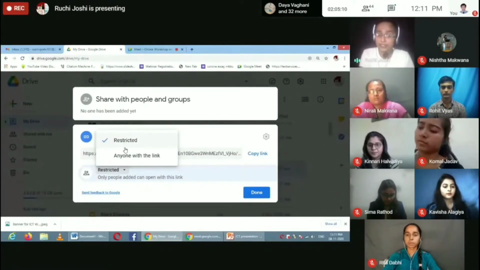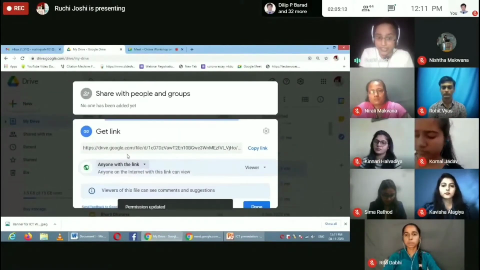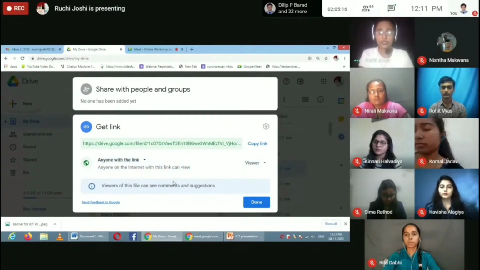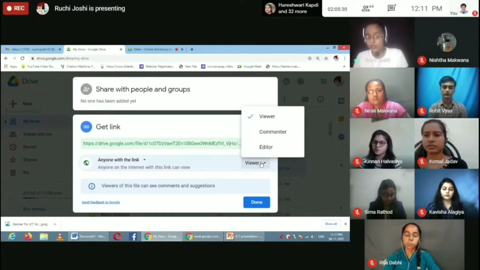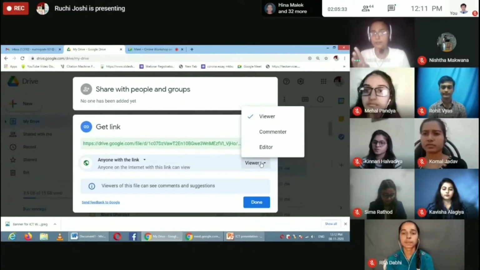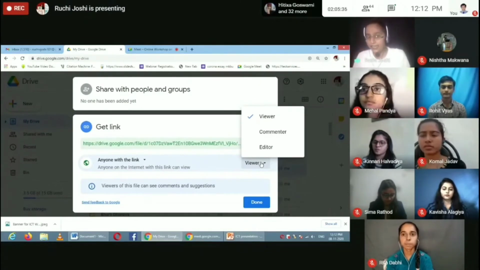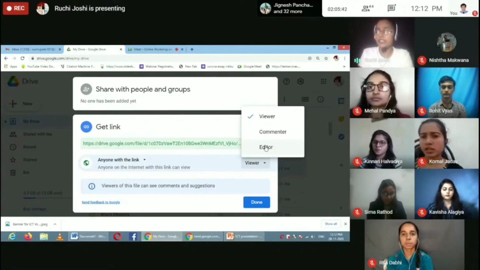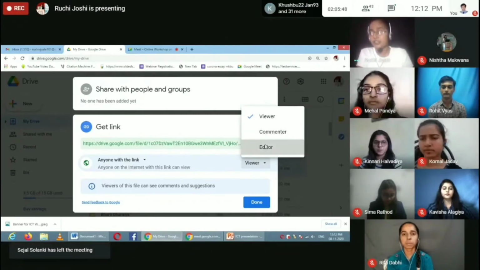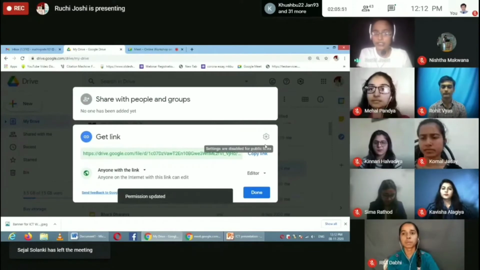And if we select anyone with the link, then only those who have this link can access it. And options are given: viewer, and when we click on viewer, this will show us three options: viewer, commenter, and editor. As we discussed in the mobile version, it works in the same way. So by clicking on editor or commenter, we can change it whichever way we want.